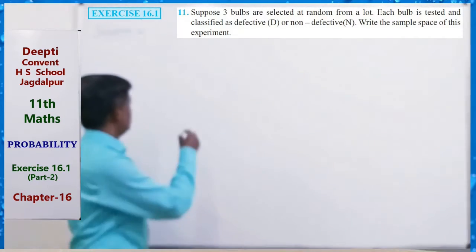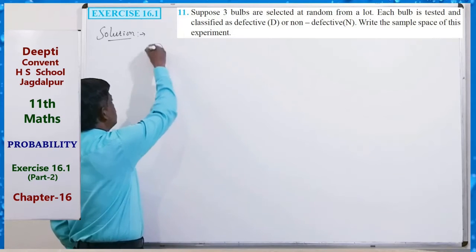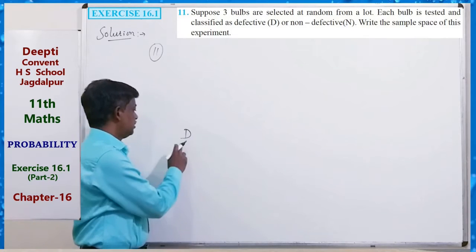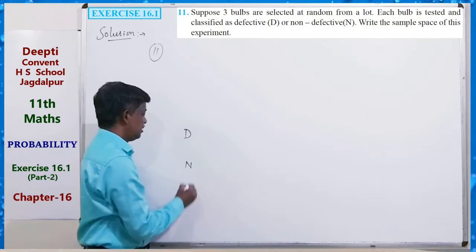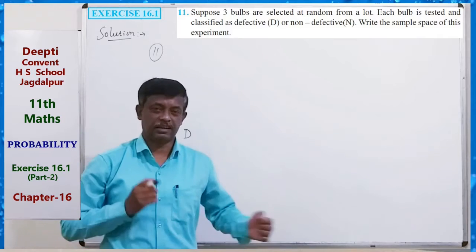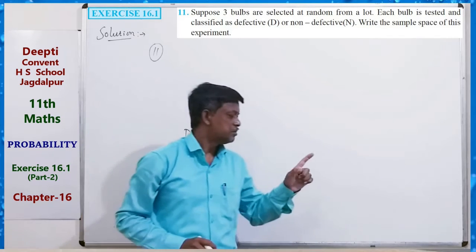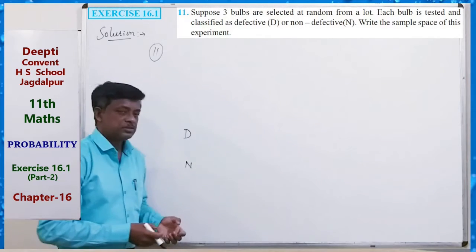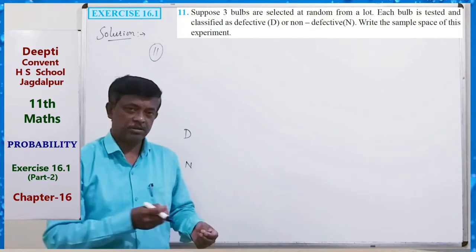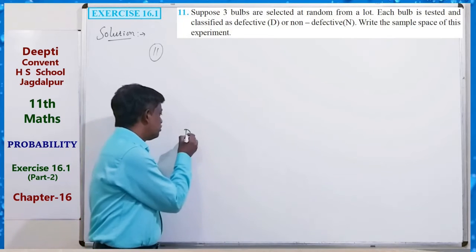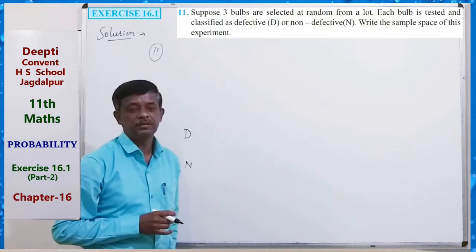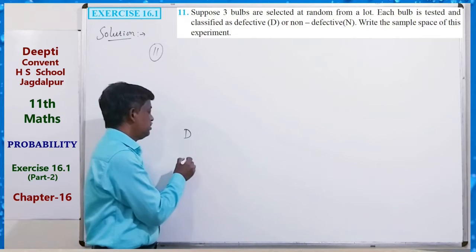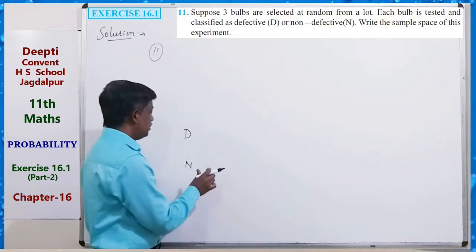Suppose D defective and N for the first bulb, because 3 balls are selected at random from a lot. So 3 balls. So first ball, 1 ball is defective, maybe first ball. Then with this, maybe non-defective. With this ball,